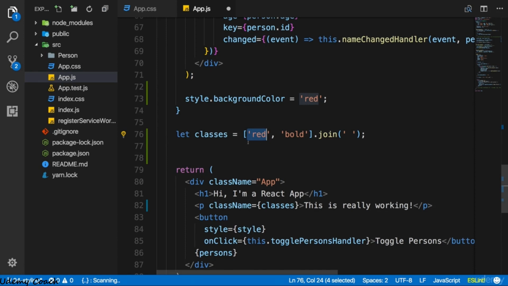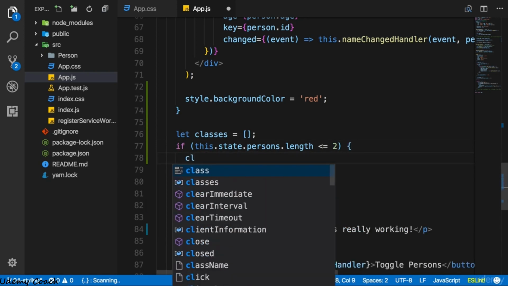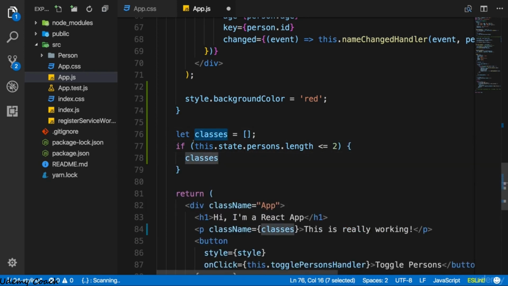And if we have all 3 persons, none of these classes should be attached. So let me actually do something else. I'll remove the join statement here and set classes to an empty array. And then I will simply add an if statement here. And if this state person's length is smaller or equal than 2, so only 2 or less persons left, I will take classes, this